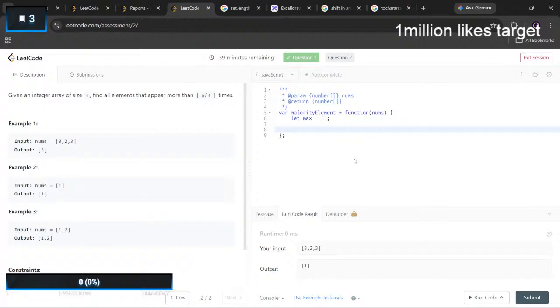What the fuck? Find all the elements that appear more than n by 3 times.